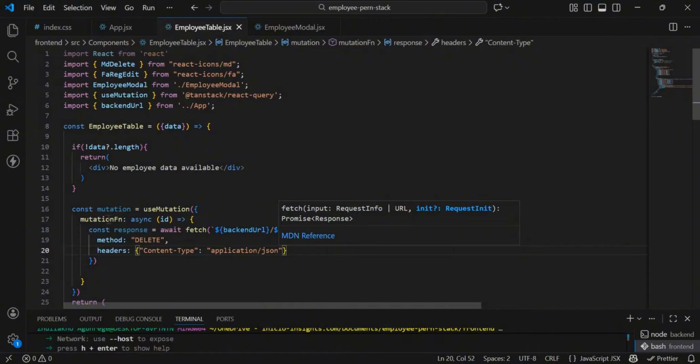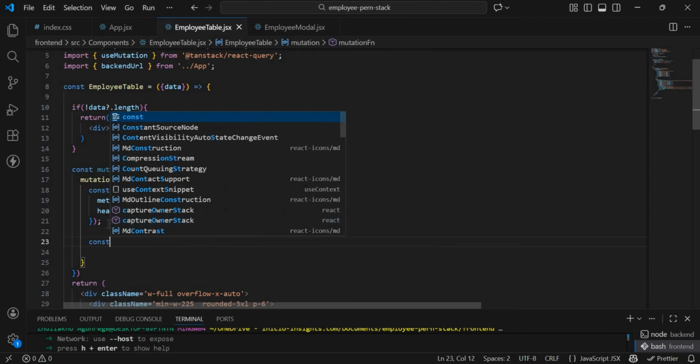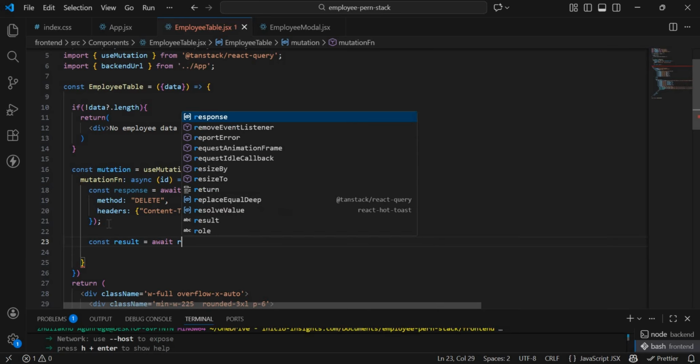So after this is done, the next thing we need to do is to parse the JSON response. So we're going to have const results will be equal to await response.json